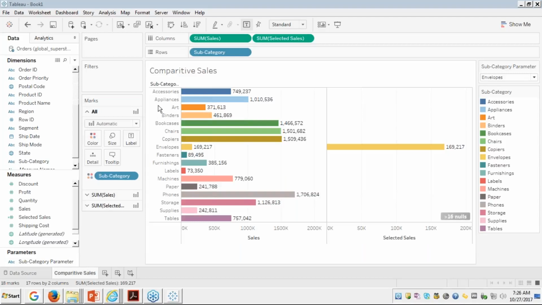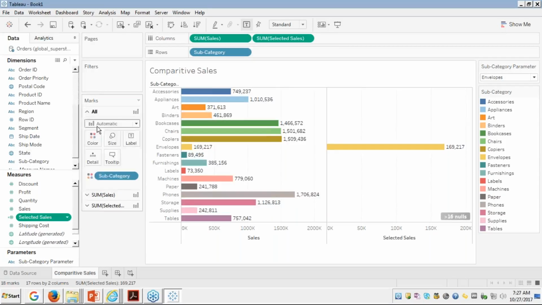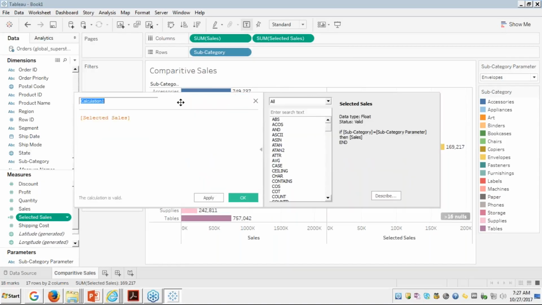Exactly, Jesh. That's right. The sum of sales minus sum of selected category. We need to find a difference between that. So for which, friends, I'm going to create one more calculation here. I'm going to create a calculated field. Okay. So in this calculated field,